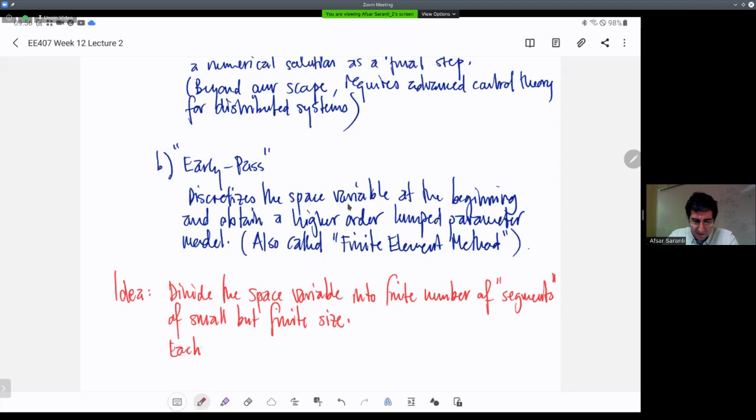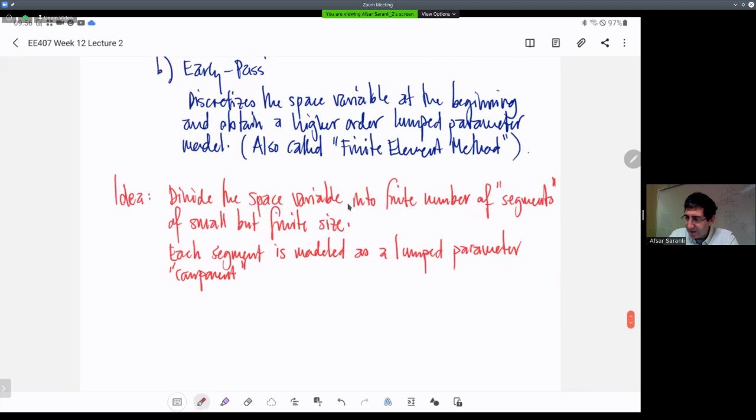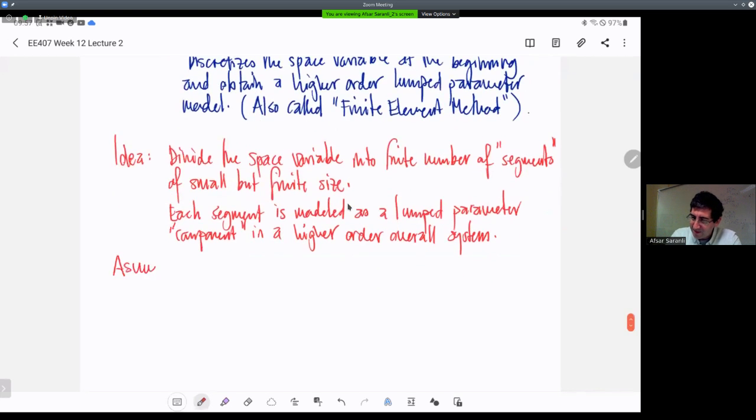Each such segment is basically modeled as a lumped parameter. You can call it a component in a higher order overall system. So assuming n segments,